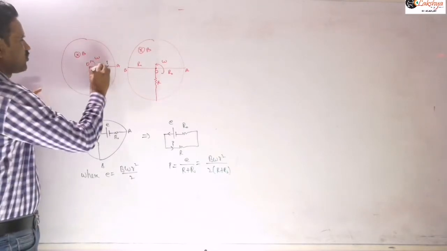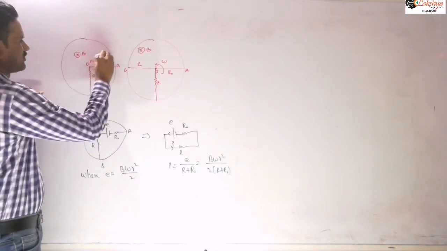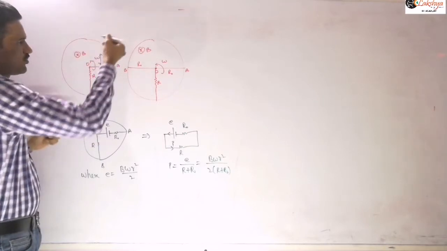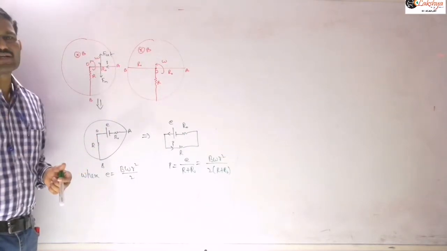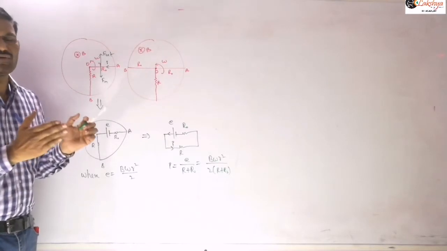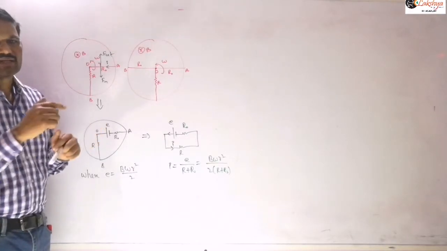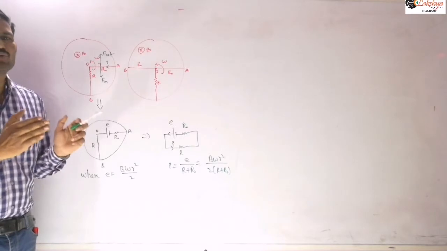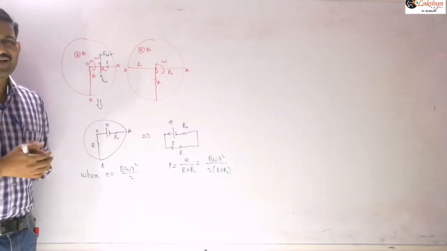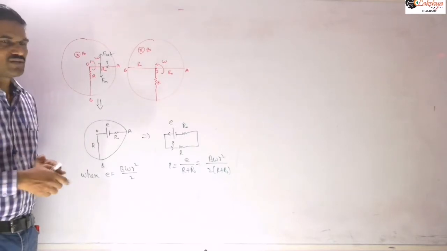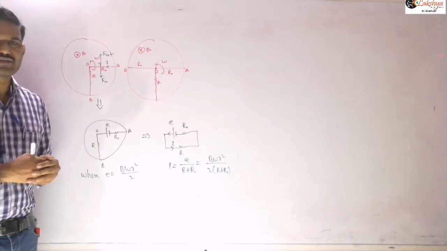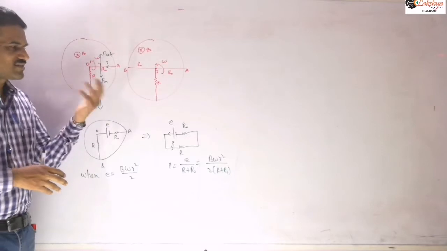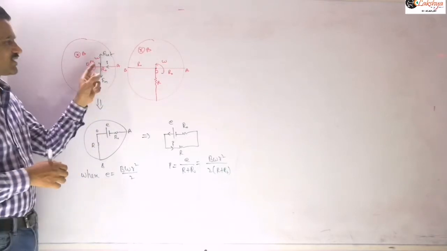And now for this magnetic force, you can apply the BIL formula. Then an equal amount of external force we need to apply here, so that it will rotate with the constant angular velocity. It is the same as the problem we discussed in the case of translatory motion on parallel rails, a U-shaped frame, right? In that also we discussed what is the external force required to maintain the constant speed. So similarly here, for constant velocity, you can take it like this.